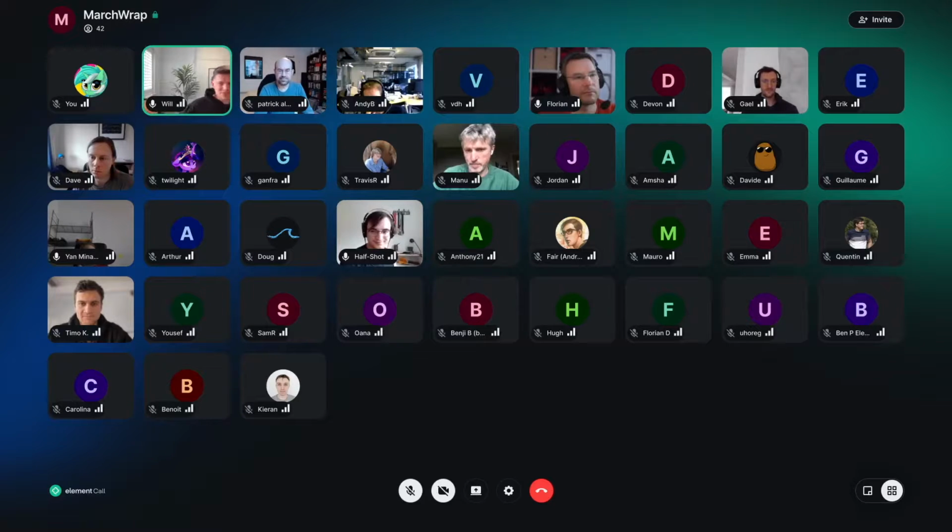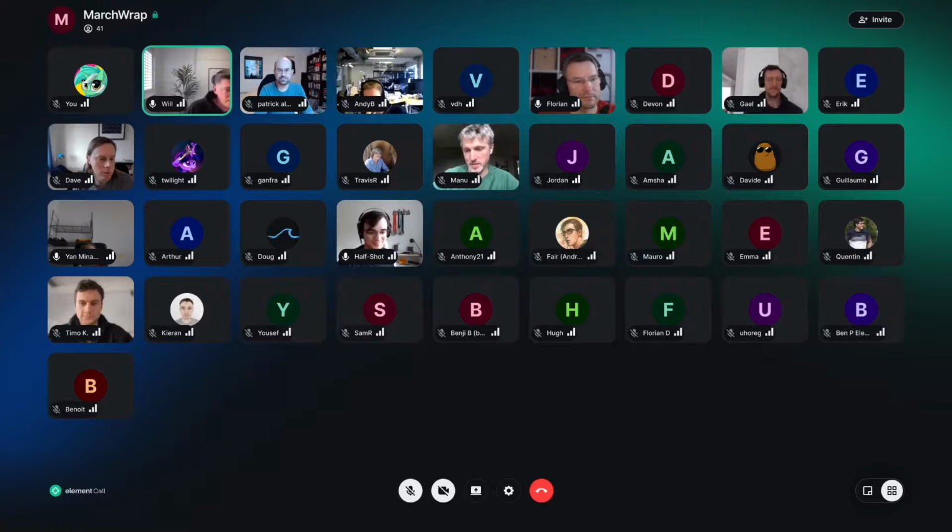All right, demos time. Today we have Hubert demoing the Matrix client tutorial. Sorry, we also have Doug demoing Element X room moderation. We have Murrow and Amsha demoing Element X room list filtering, and finally we have Timo demoing access control for Element